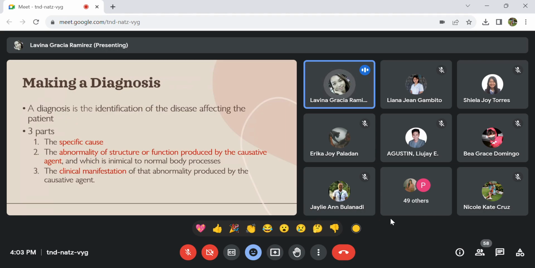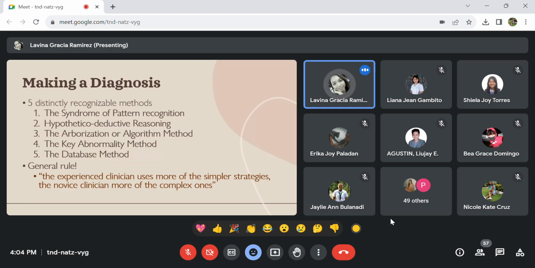So all of those should be recorded, because those records will help you a lot in identifying what procedure you will do in the future, in terms of deeper diagnosis and diagnostic tests, or ancillary tests that you will need, just to predict or to give the ultimate cause of the possible disease.